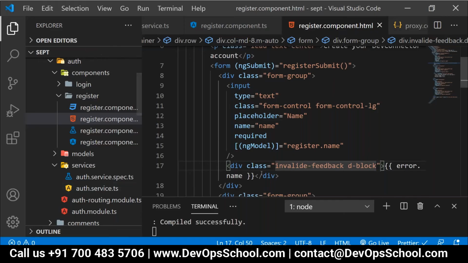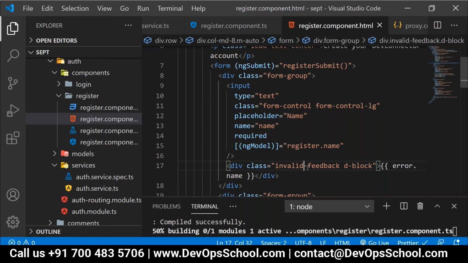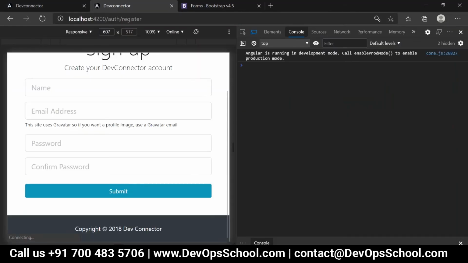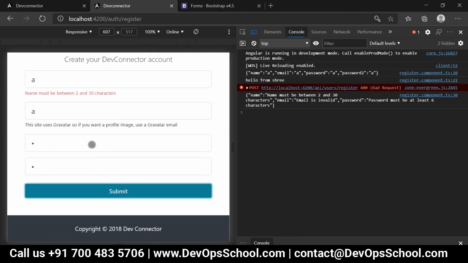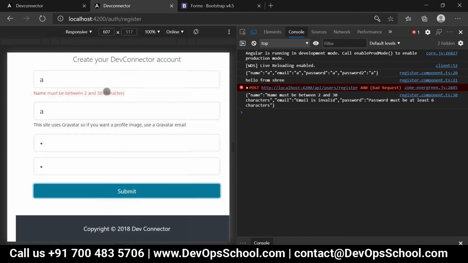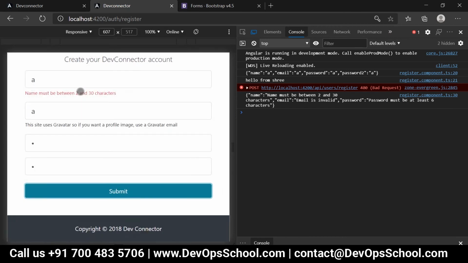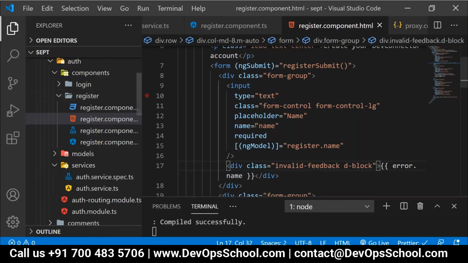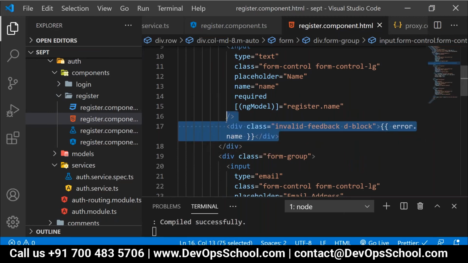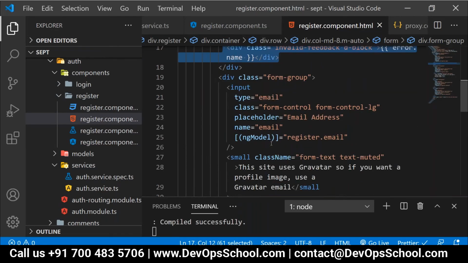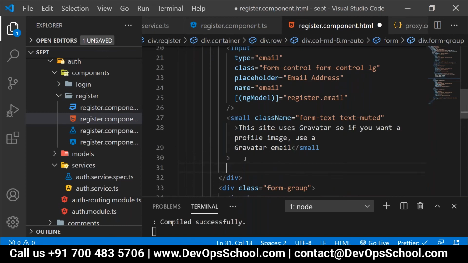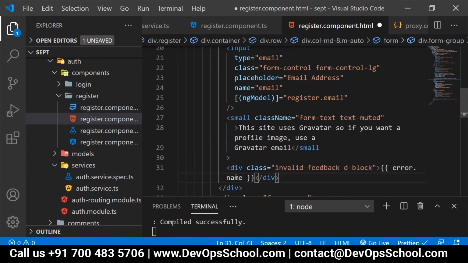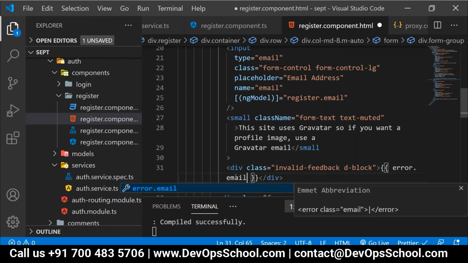What happened to this? Just a second. Name was wrong. Are we getting this error message in red color, everyone, now? Correct. Now in the same way, instead of error.name, here can I provide email?